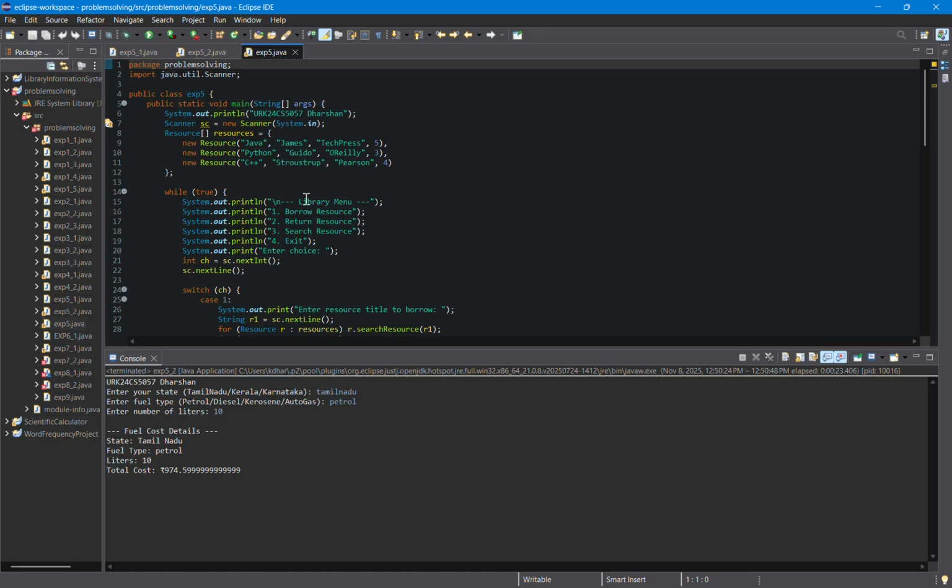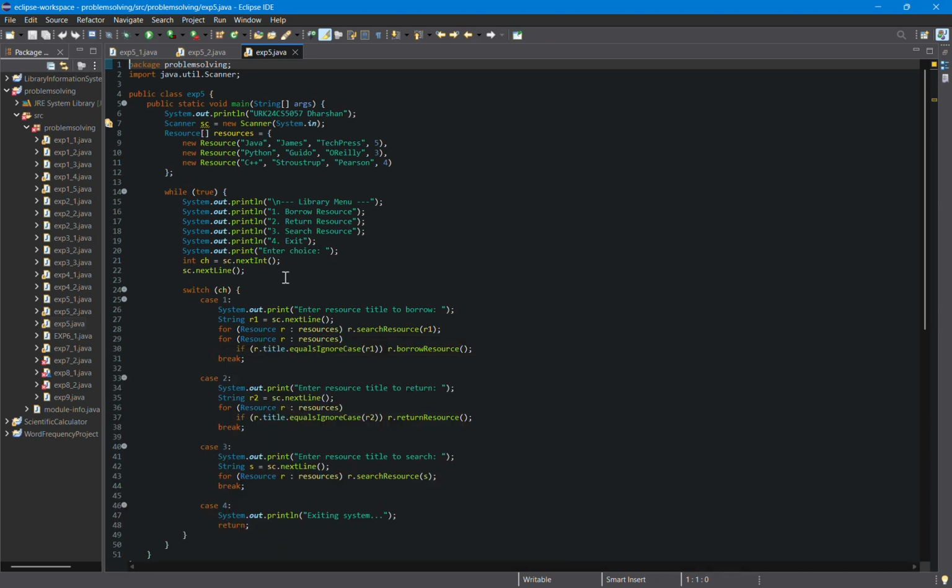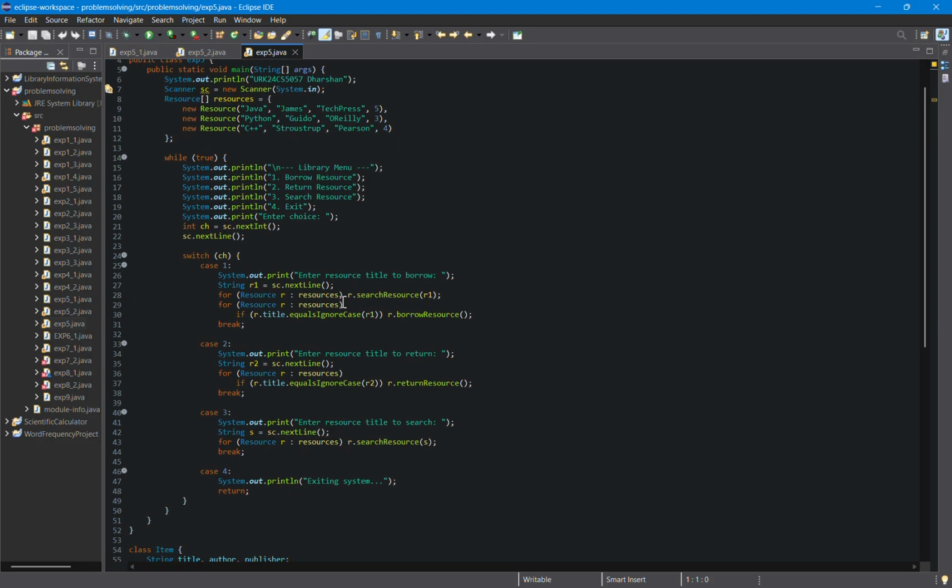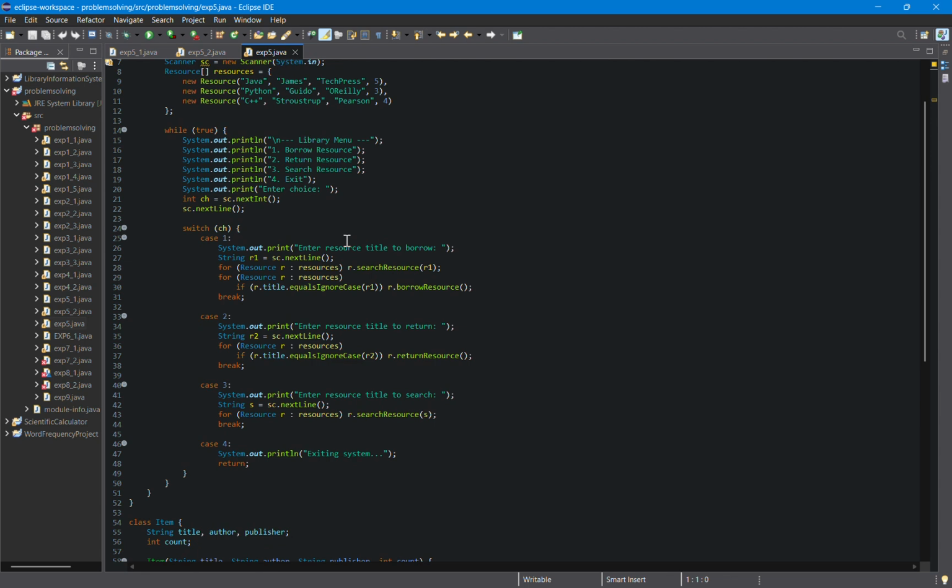This is the code, and here we are already defining what books we have. That is, we have a book Java, and the author is James, and it is published by Tech Press. Similarly, we are giving the other two books too, and here we are also giving the number of copies we have. While true, we are creating an infinite loop which will execute and always print these things,